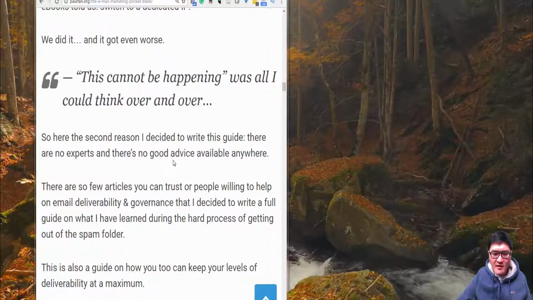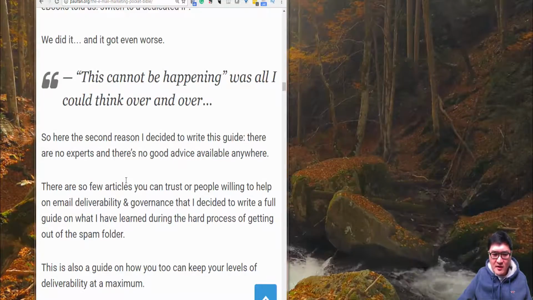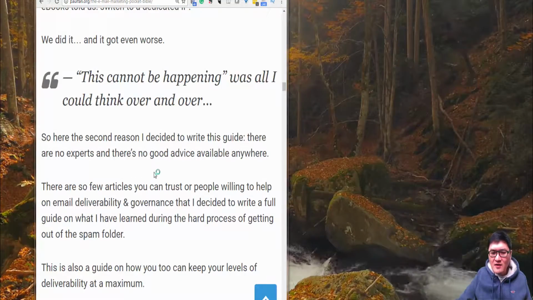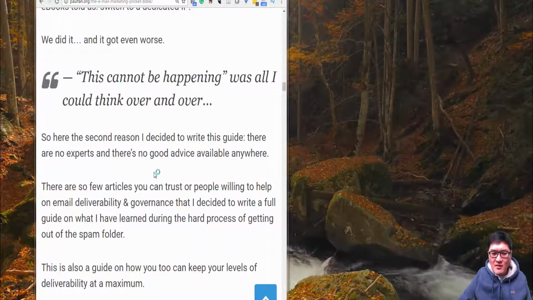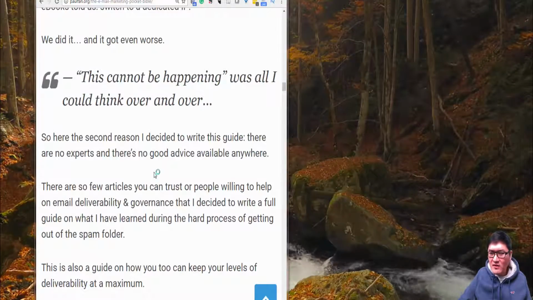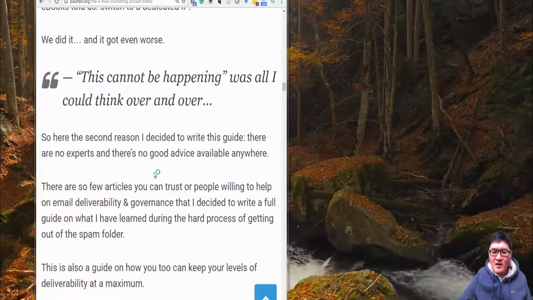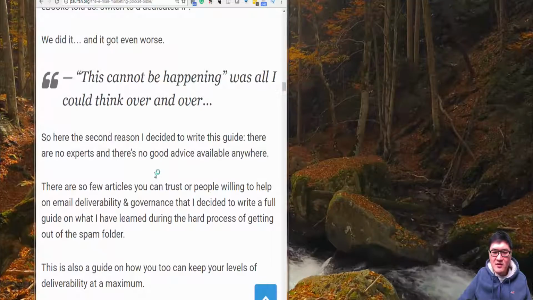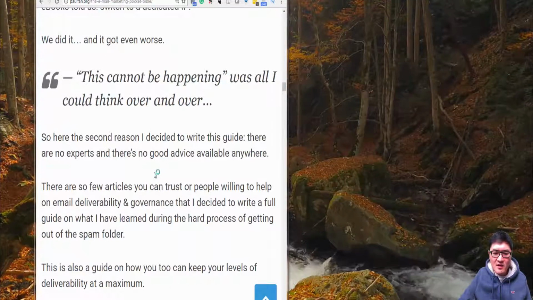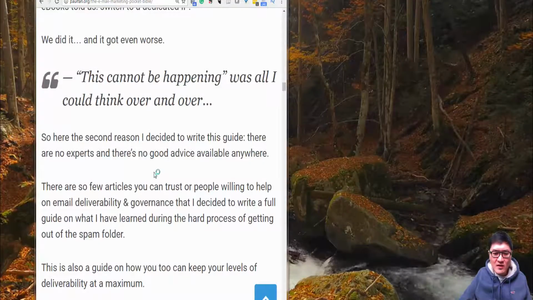there is no good advice anywhere available. There are so few articles you can trust or people willing to help on email deliverability and governance that I decided to write the full guide on what I have learned during the hard process of getting out of the spam folder. This is also a guide on how you too can keep your levels of deliverability at the